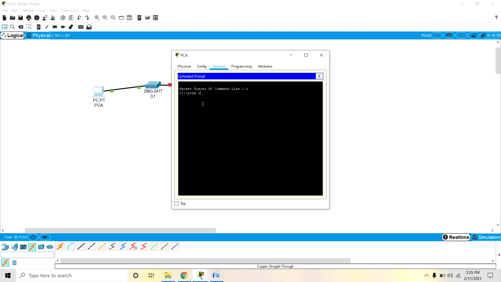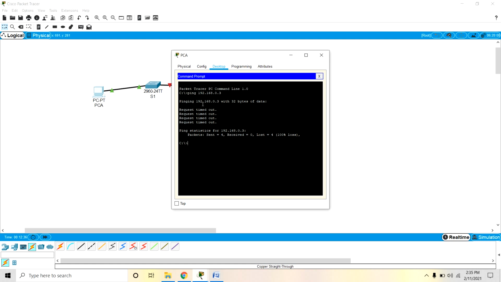We know the PCB IP address, 192.168.0.3. The packets are sent and received. The ping is successful.